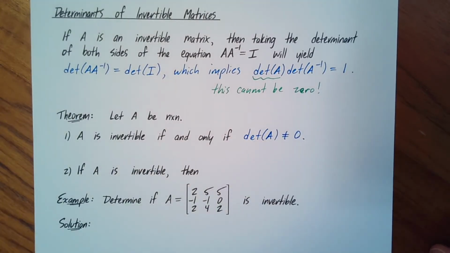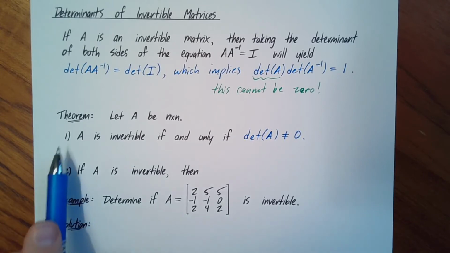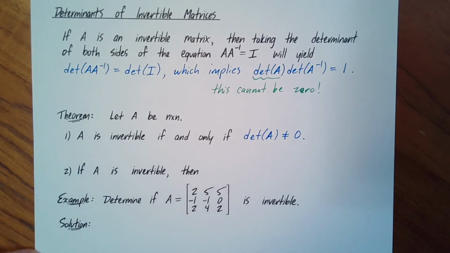And that's a very powerful application of determinants, and it's very useful for theoretical purposes, because often when you're working abstractly with matrices, you don't actually need to get your hands on the inverse. You just need to know if one exists. And for that purpose, it's often way easier to compute the determinant of the matrix to check whether it has an inverse than it is to actually try to work out what the inverse is, especially if you're working with a matrix whose entries you don't know. If you don't know all the entries, you can't compute the inverse. But you might be able to compute the determinant. And so that's one of the reasons that the first statement is very powerful,